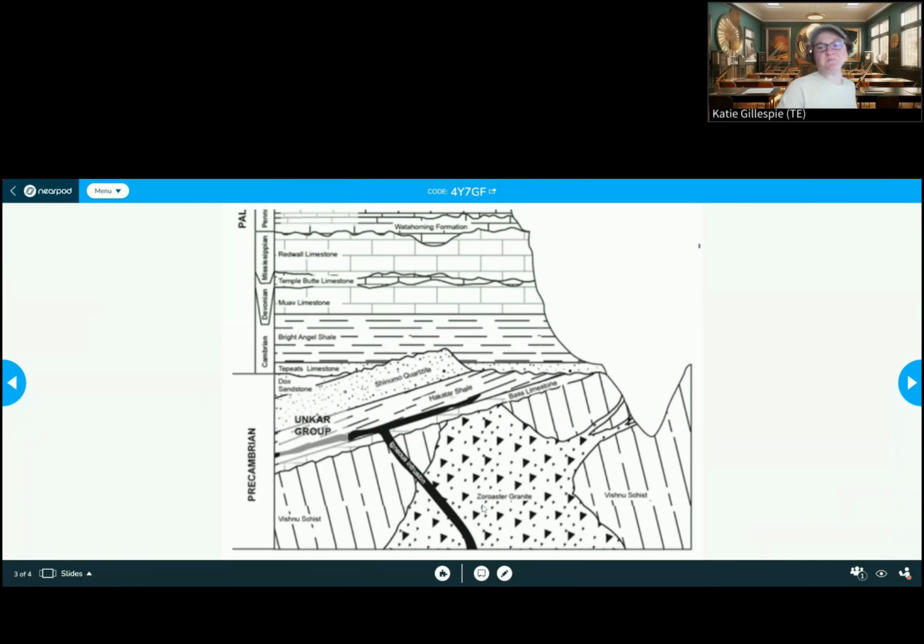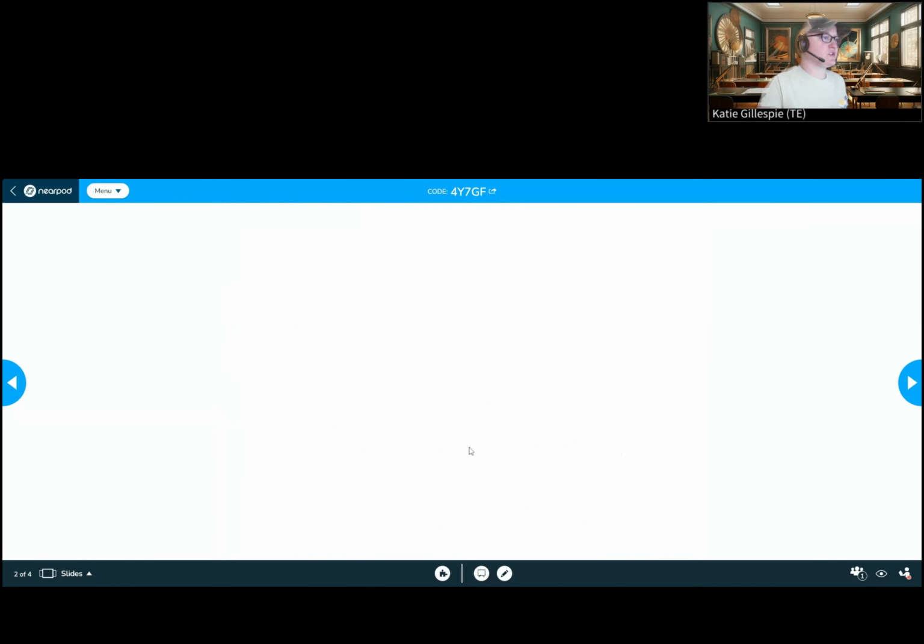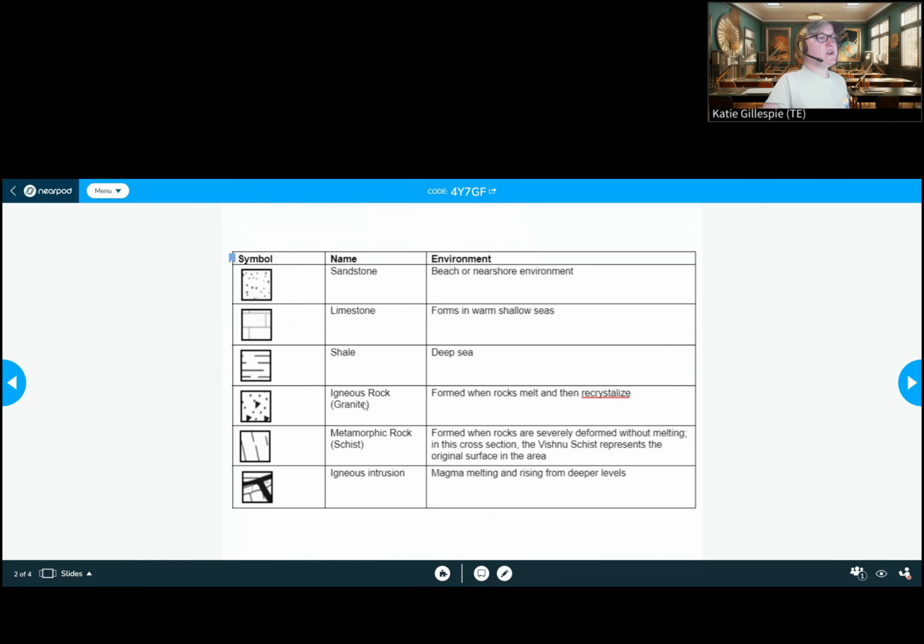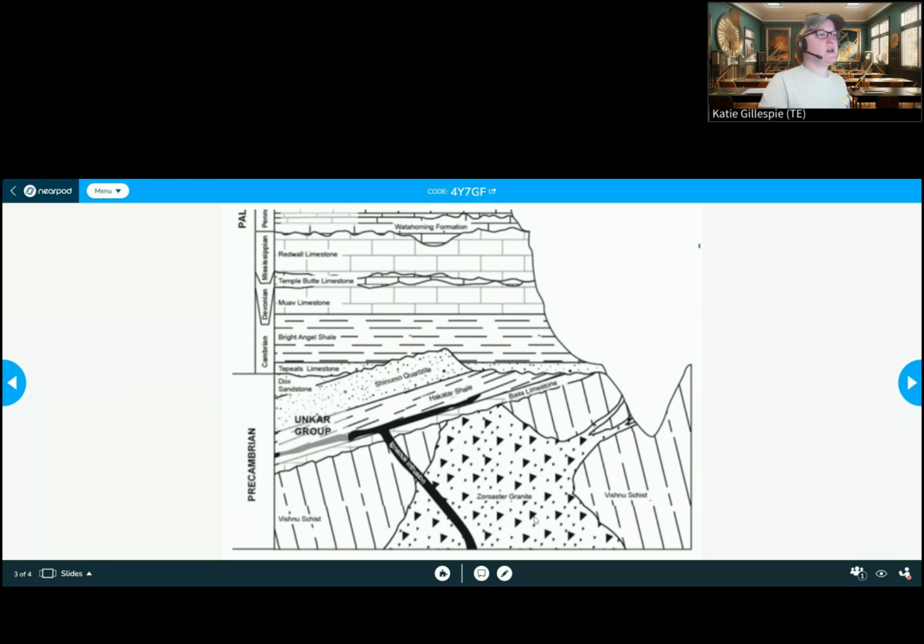All right, so we are working in this lab, and we are already on B. Maybe one of your classmates will tell you what to write for A. That would be awesome of you. So we have an intrusion here, okay? Not layer after layer after layer. This is an intrusion. It's called the Zoroaster granite. We know that the Zoroaster granite, if we go back over here to granite, formed because the rocks were melted and then recrystallized. Okay, so B then, from what you just told me, B would be Zoroaster granite